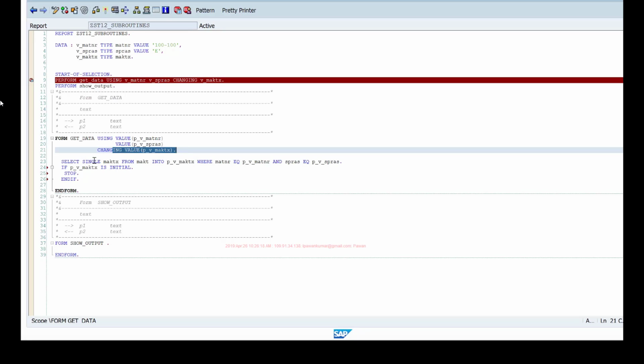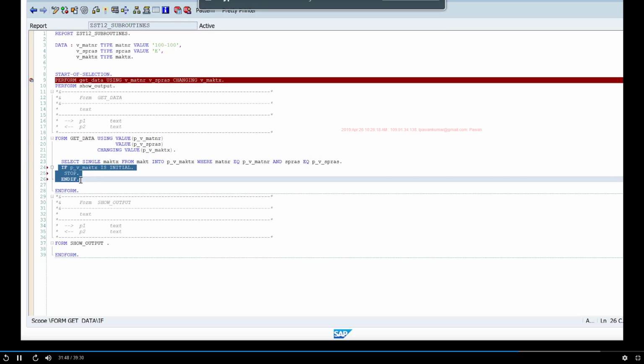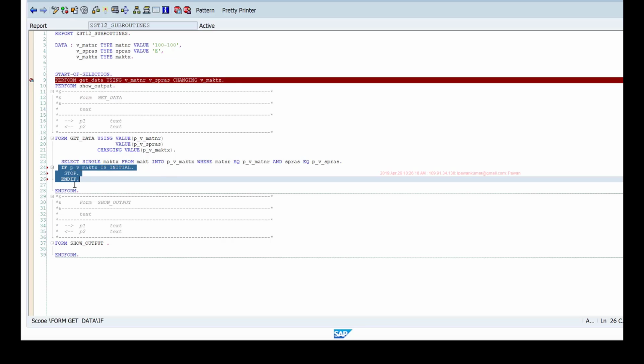Whereas if I do this with pass by reference, then the moment I select some data into this PV-MAKTX, the original would have changed immediately. So there is no way I can check for a condition and decide whether I want to change the original or not. If I pass by value, then it is never changed. Even if I check for a condition, the original will never be changed. Whereas with value and result, you have the option where you can write your code and later check whether a certain condition is met. If the condition is met, you can decide whether to update the original or not. Okay, so these are the three ways you can pass parameters.